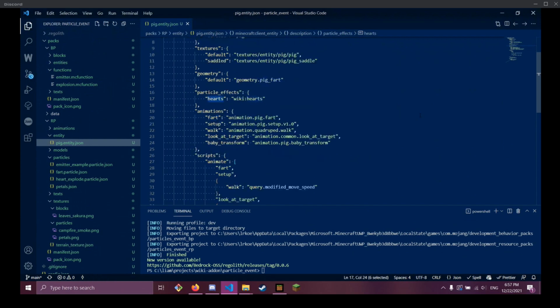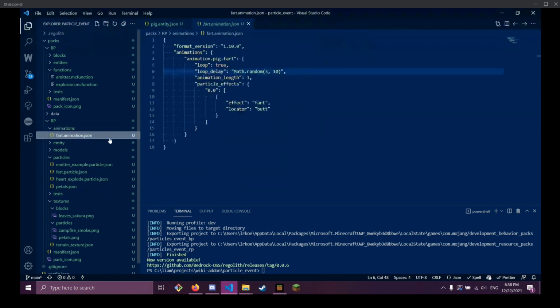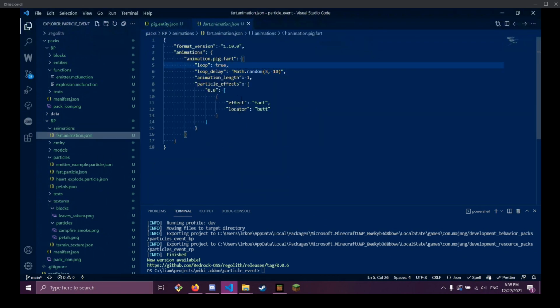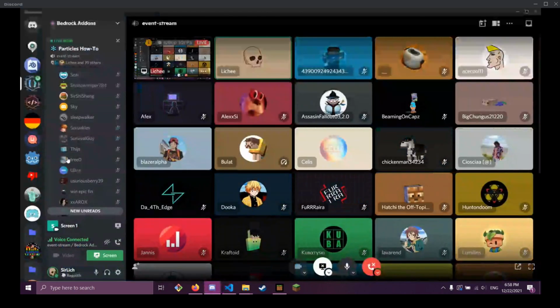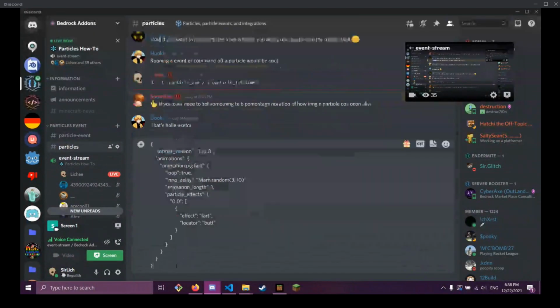The next thing you have to do is you have to add an animation to your entity. And in this case, this is fine. It's the old name, but we have this animation here. You attach it, and then you would animate it within your scripts. So it's just like a bone animation. It's actually the same file format, and you can mix particles and bones together. Although I think that's pretty confusing. In the animations here, I already have one set up. I can actually paste this JSON to you so that you can have it for later if you want, because this is the thing that I think most people get caught up on.